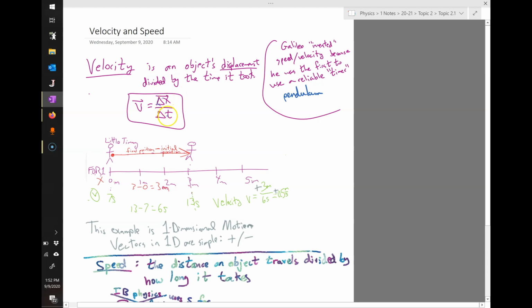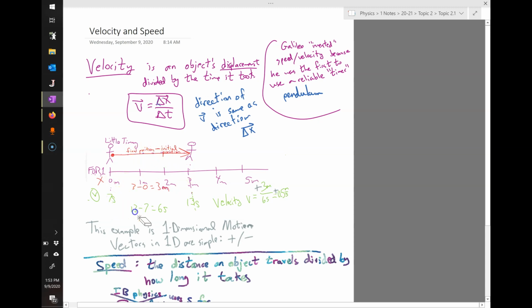If you divide displacement by the time it took to do that displacement, you get the size of a velocity vector. And the direction of the velocity vector is the same as the direction of the displacement vector. So in the example with little Timmy, if he went from 0 meters to 3 meters,